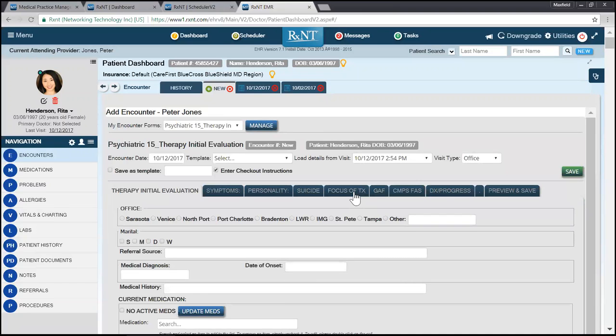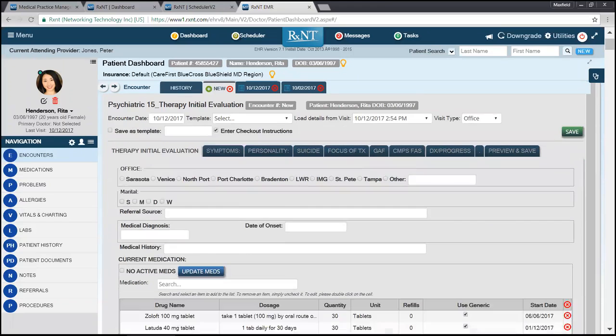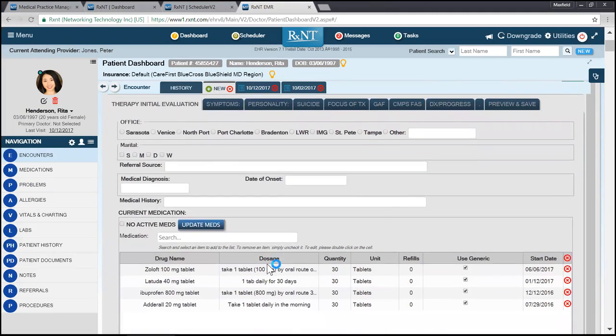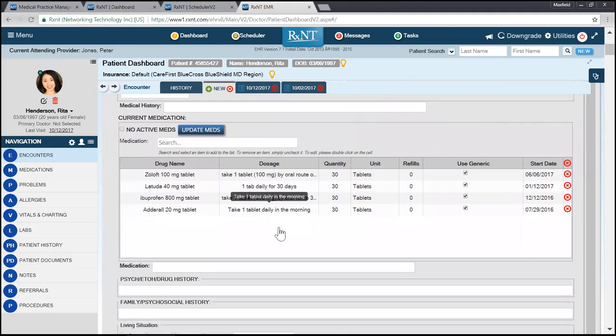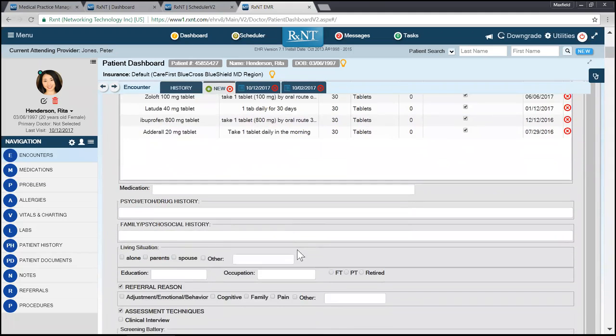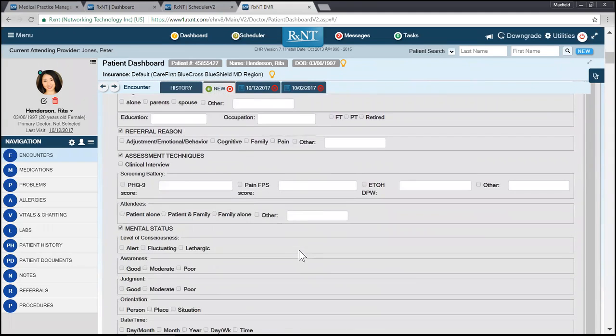Let's start with this initial eval. So the initial eval, this is broken up into tabs, and we're going to go through them together before it takes the data, structures it, and turns it into the final preview and save. So you can document history, meds, and your referral reason,